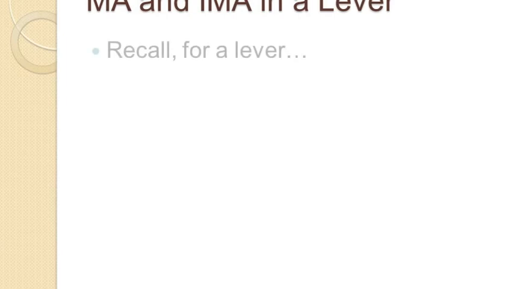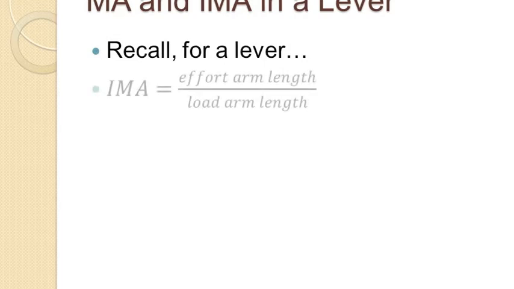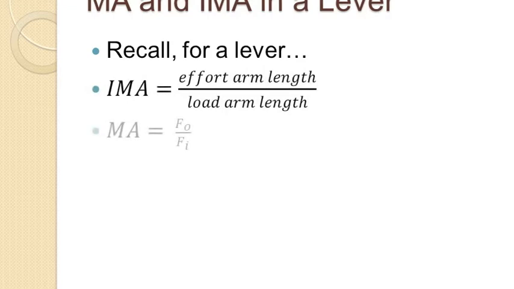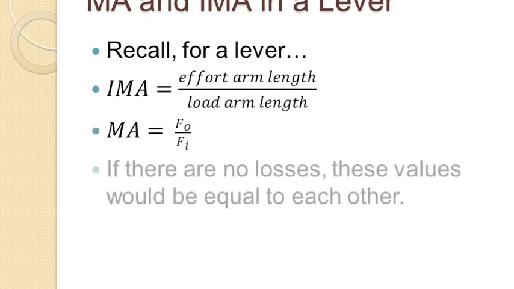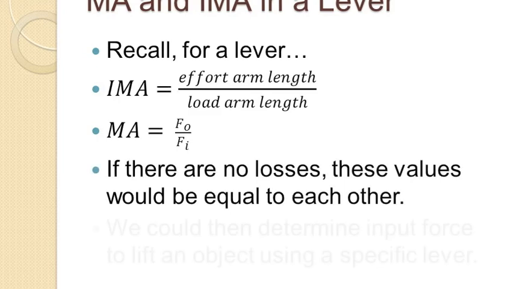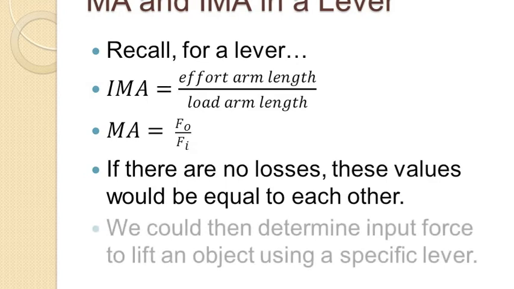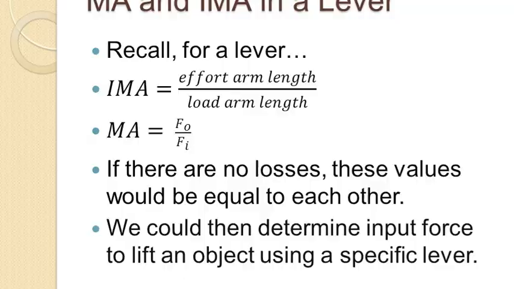Okay, let's put everything together with a lever. Recall, the lever equation is that the ideal mechanical advantage equals the length of the effort arm divided by the length of the load arm. Our regular mechanical advantage, of course, equals the output force, Fo, divided by the input force, Fi. The key is this: if there are no losses, these values would be equal to each other. In grade 8, there are no losses. So, we could then determine the amount of input force that would be required to move an object with the